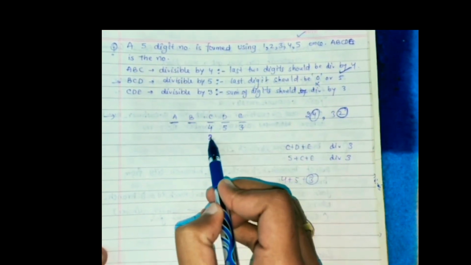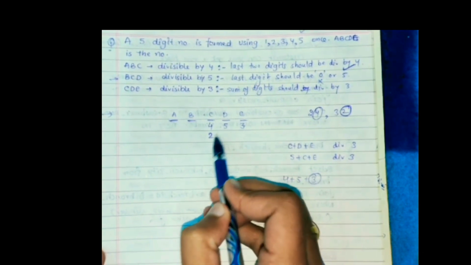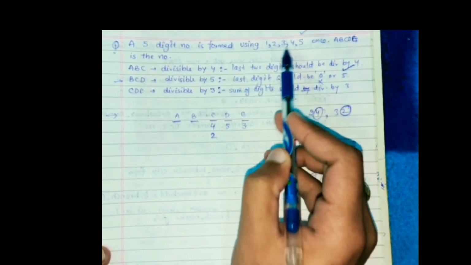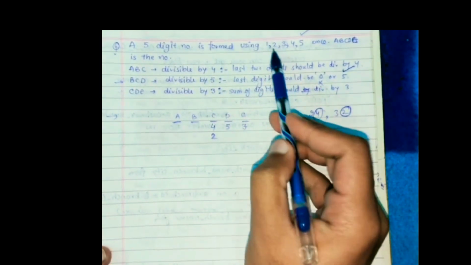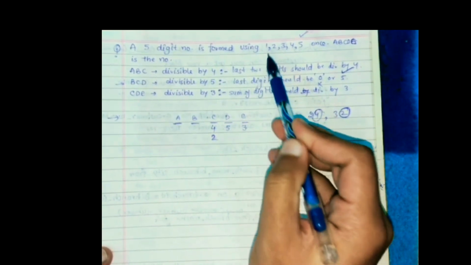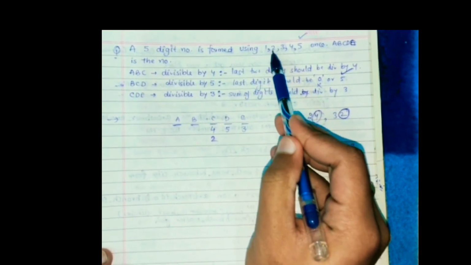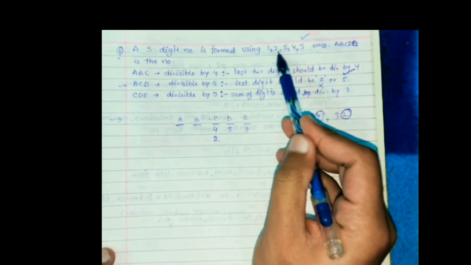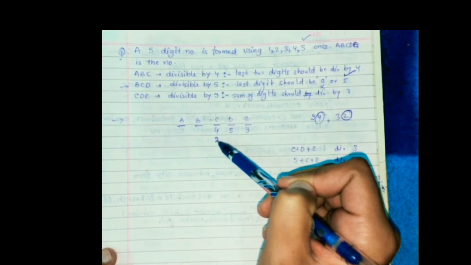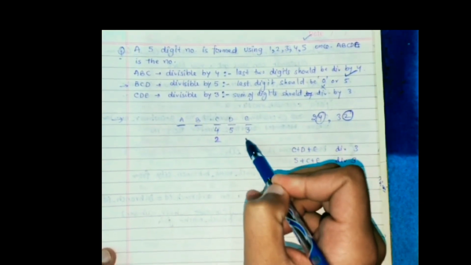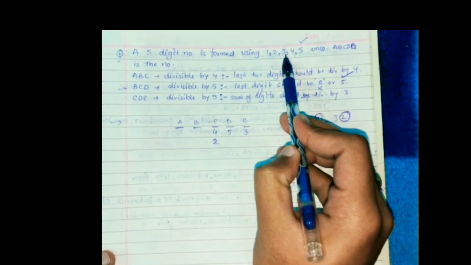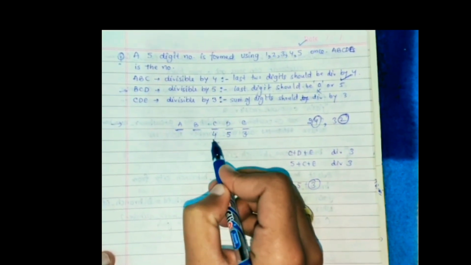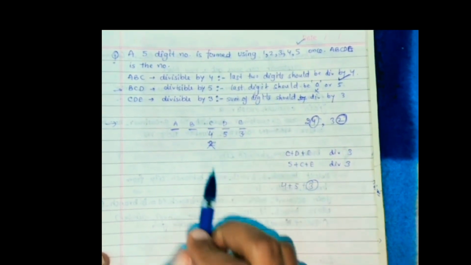Let us check the other possibility also. 2 when added to 5 becomes 7. Is there any other number which can be added to 7 to make it divisible by 3? Let us check it. 5 plus 2 is 7. 7 plus 1 is 8, not divisible by 3. 7 plus 2 is 9, divisible by 3, but 2 has already been taken in C, so we can't take it again in place of E. So we consider it wrong. So this possibility is wrong. We will consider C as 4. Hope you understand this one.